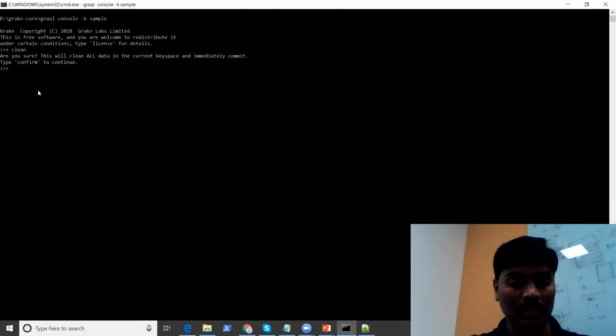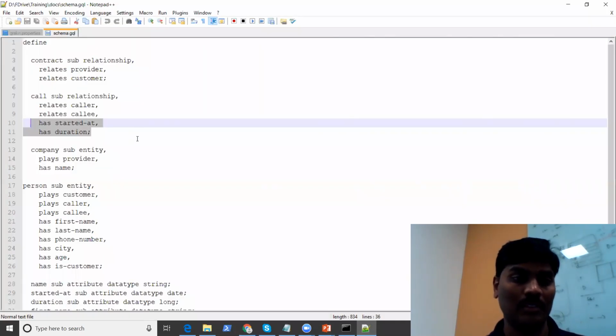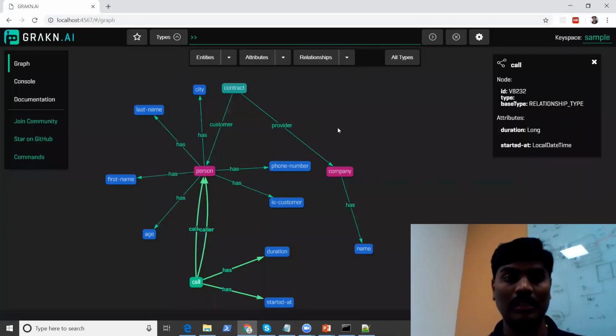So this is the Grakn console command prompt. If you want to come out of this console prompt, just type exit and hit enter. It will come out of that prompt. So this is all about creating Grakn and removing a Grakn database. I hope you understand the basic steps to create a key space, entity creations and relation creations, and the syntax of the schema. For the remaining part, we'll look at data insertion,